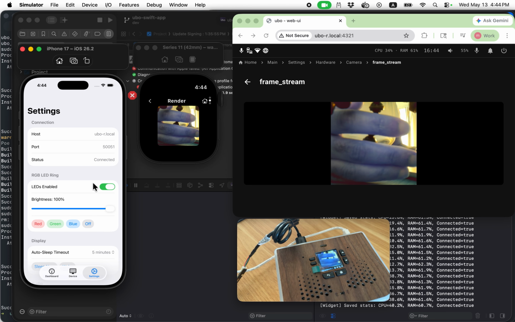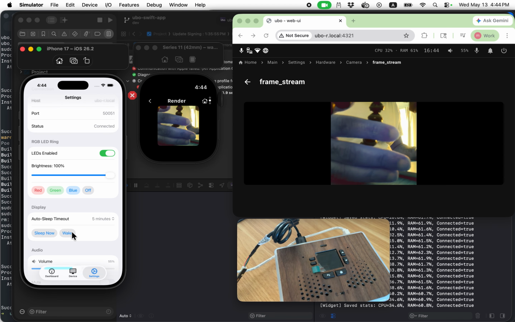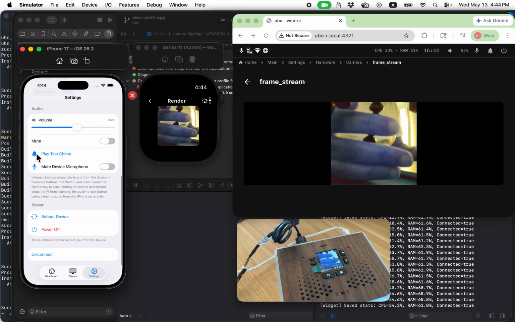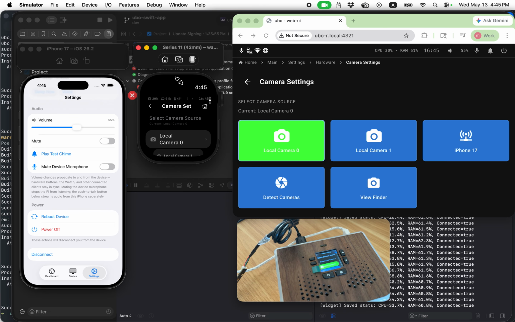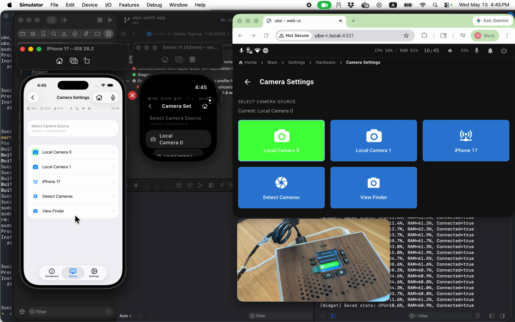Here you can actually play around with the settings of the device. I can change the LED ring color, and other experimental stuff, or turn off the display, turn it back on, change the volume, and play a chime. And then you can also get an audio stream through the watch and talk through the watch and the iPhone. It has a microphone, so you can compress the microphone audio and talk to the device, stream audio and whatnot. I'm going to have an in-depth video on the software architecture and how we're doing this universal